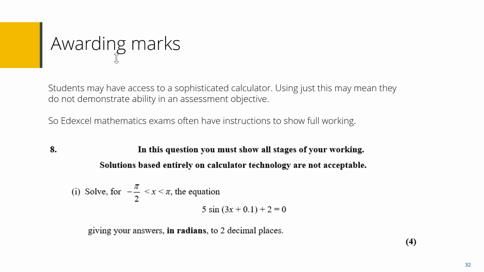So here we have an example. We need to look at the wording here as well. For example, it says solutions based entirely on calculator technology are not acceptable. That means that if they use functions such as solve on a graphic calculator to just give them an answer, or if they look at the sketch on a graphic calculator and get the answers from there, they won't be awarded any marks. They need to show the working in order to access them. They've been adding more and more of these sentences, and it's important for us to show these to our students as well, so that they can actually get the marks.